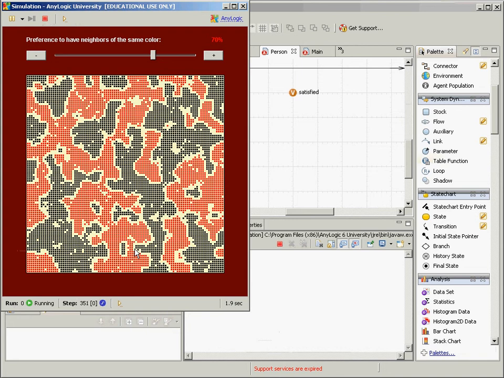So the idea here is we have a situation where people live in a certain place, and people have two colors. They're either red or they're black, okay? And then there are some spaces. Each person lives in a particular place, and there's some small fraction of places that are not occupied, these yellow ones around the periphery, okay? And each person within this model can move around according to some rules.